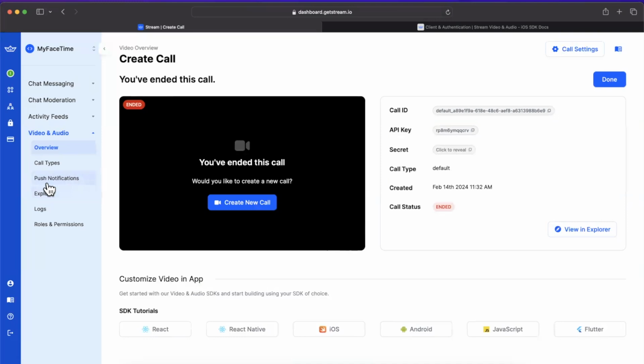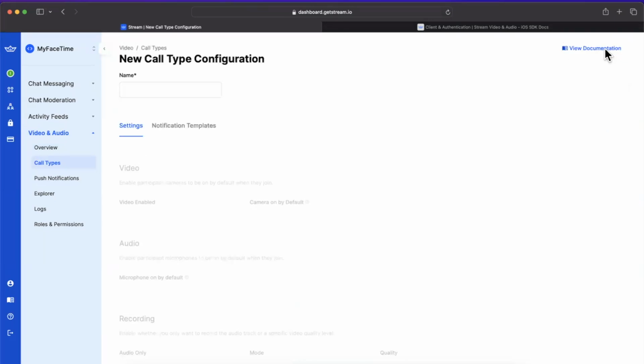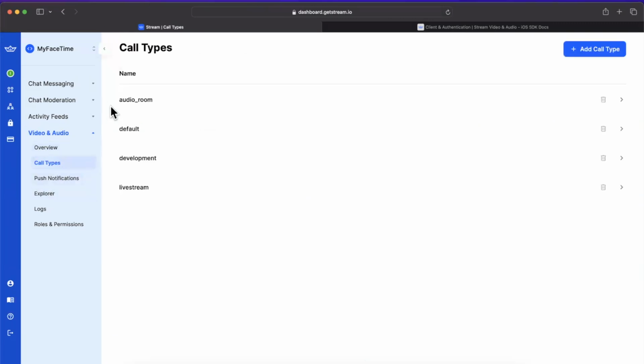One other thing that I would like to call out before we wrap up here is you can actually come in here and see that there's different types of call types already supported, and you can actually even add your own call type, which I thought was the coolest thing ever. Most of the time when you're using some of these applications, be it Twitter Spaces or FaceTime or what have you, folks don't really think about how this works, but you can actually create different types. Whether it's a live stream, maybe you want to have a certain type of classification, you can do that in here. You can also create,